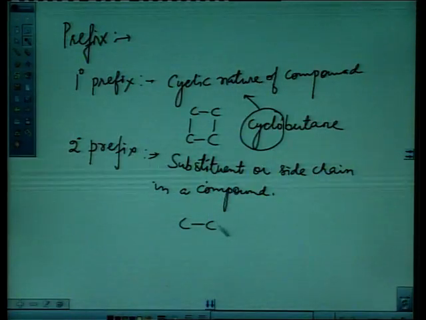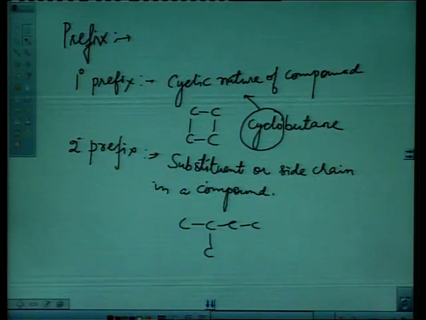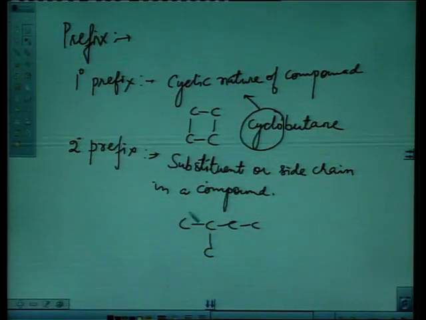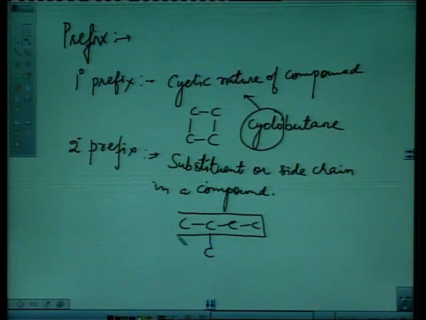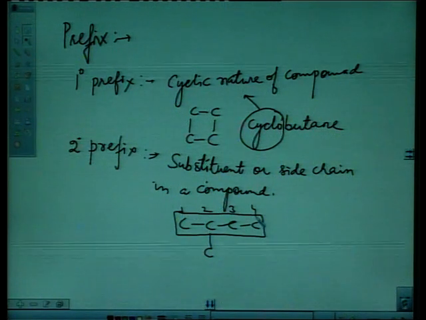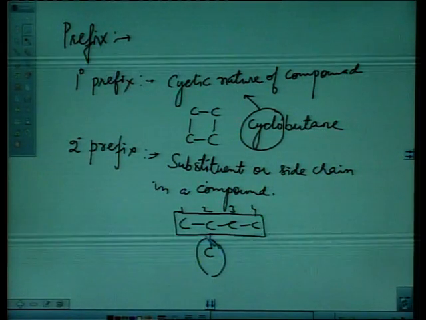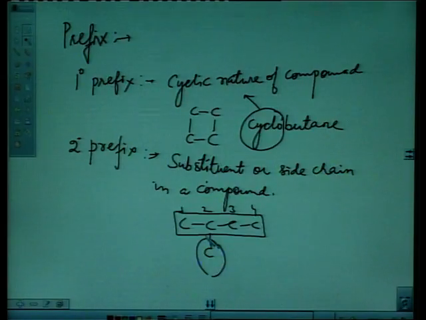For example, if I write this compound, at first of all we will select the main chain and give it numbers. The longest continuous chain is selected and numbering is done so that the side chain gets the minimum number. So, here the group, this will make the primary prefix, we will make the name